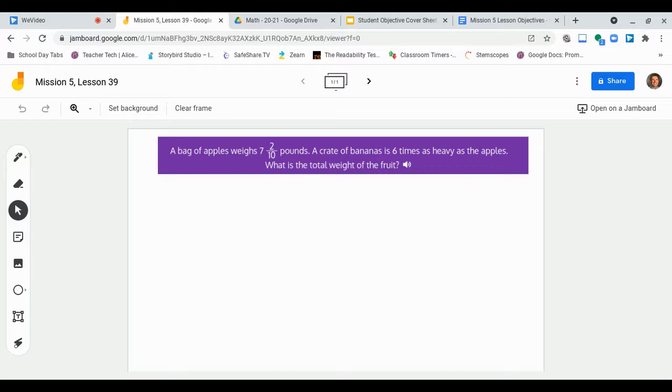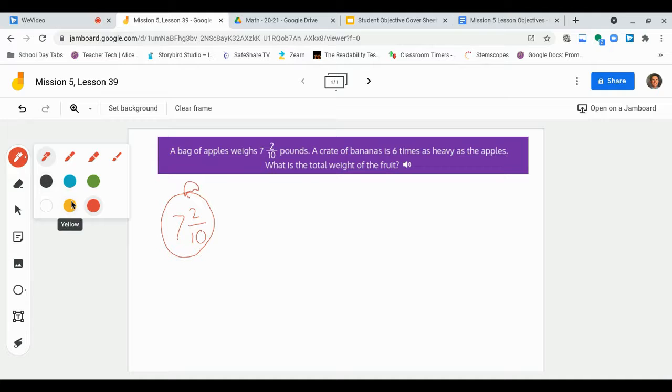Now, let's think about what we have here. Okay, so I've read it. I'm going to use the RDW process. I'm going to draw it out here. So I have a bag of apples, and they weigh 7 2/10 of a pound. Delicious apples. Yummy. And then I have a crate of bananas, and it says that is 6 times as heavy as the apples. Well, if I have a crate of bananas here,